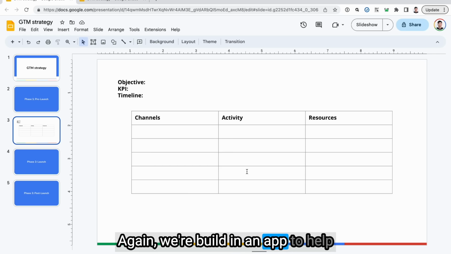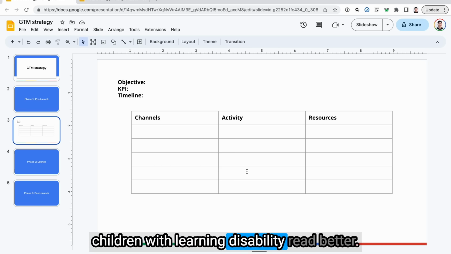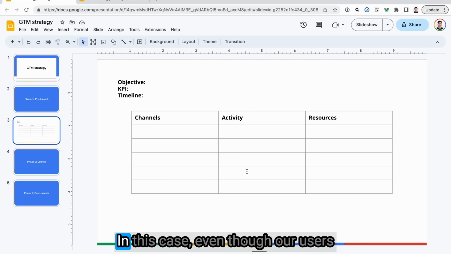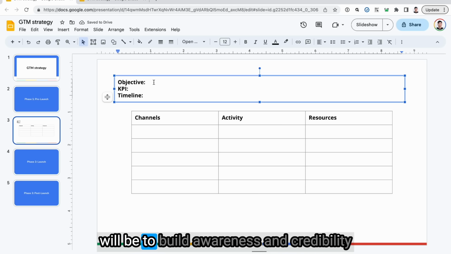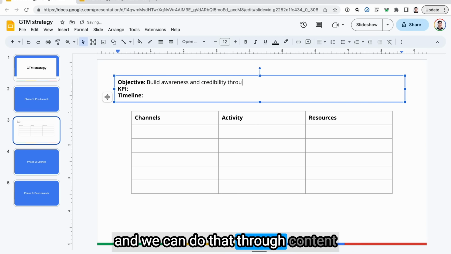Again, we're building an app to help children with learning disability read better. In this case, even though our users are children, our main target audience or buyers will be the parents. The objective at the pre-launch stage will be to build awareness and credibility, and we can do that through content